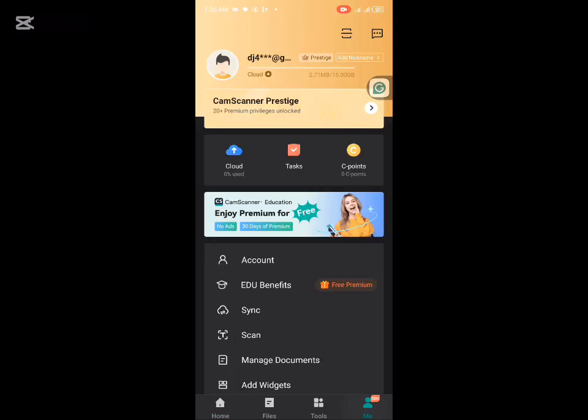you click on Me here, and you see the Synchronize option here. You click on it and then synchronize between all the devices. Or also, you are going to go into your sync settings.